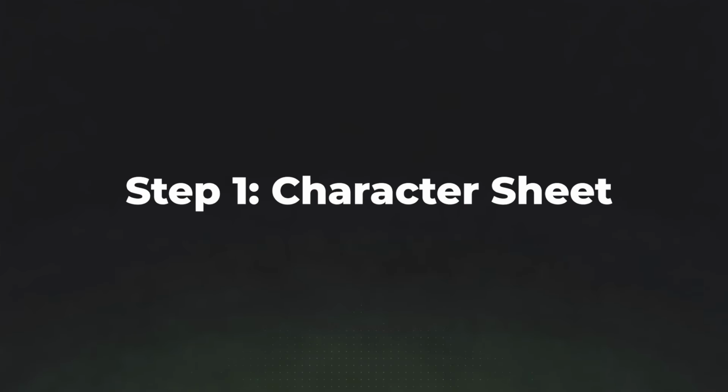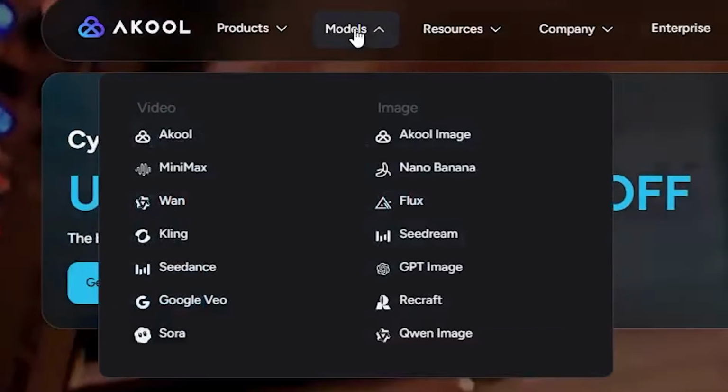So step 1 is to create a character sheet in NanoBanana Pro from all angles, so we have all the reference images we need to make a great and consistent video in Kling AI. You can use any platform that has access to NanoBanana Pro, but for the purpose of this video I will be using